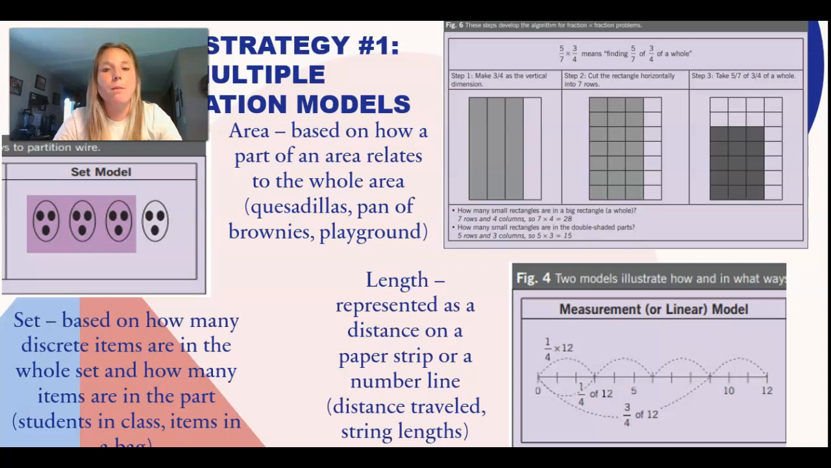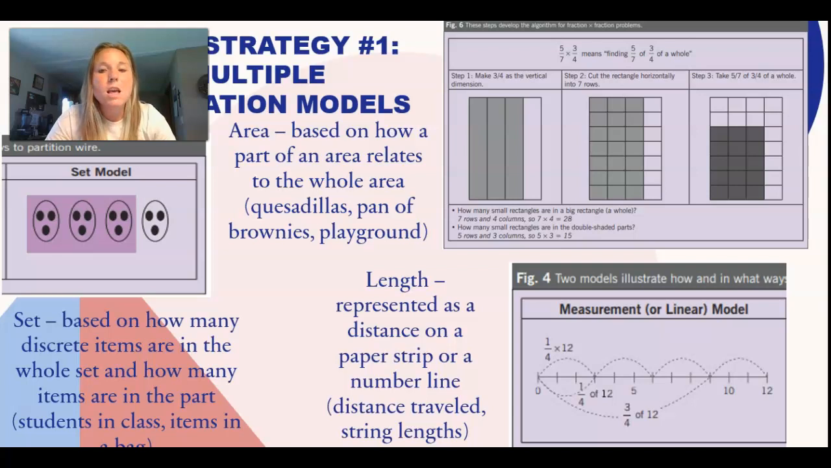And then the third one in the bottom right hand corner is the length model. It's represented as a distance on a paper strip or a number line. One thing that constantly came up in my research and in the book is that number lines need to be continuously used throughout mathematics. I think we tend to drop it off of our tool list in the beginning. I personally think that we drop it off in seventh grade after we teach